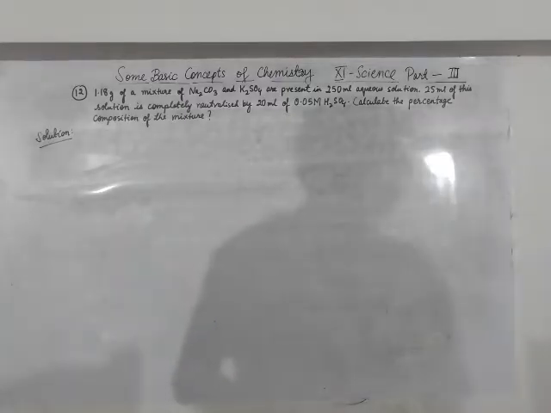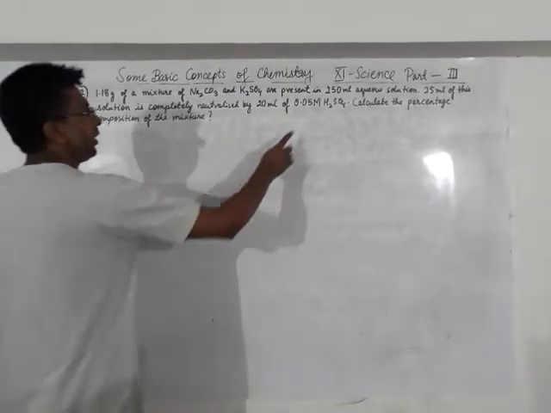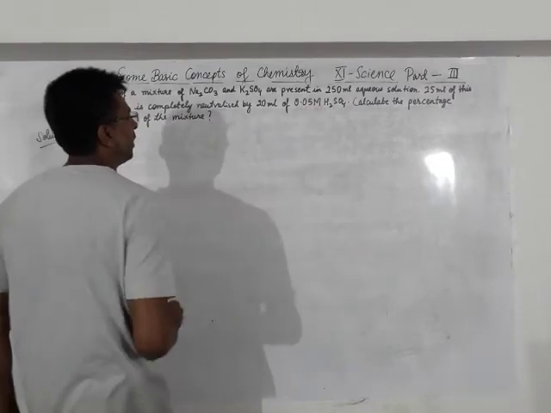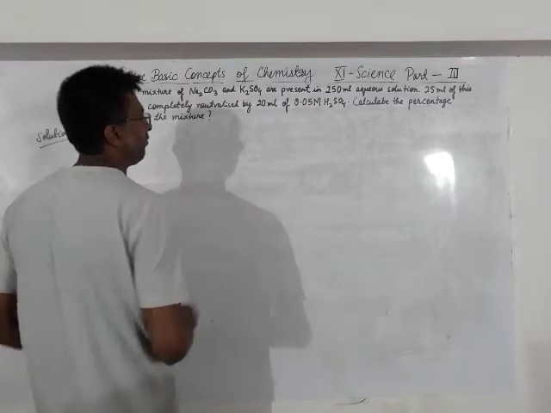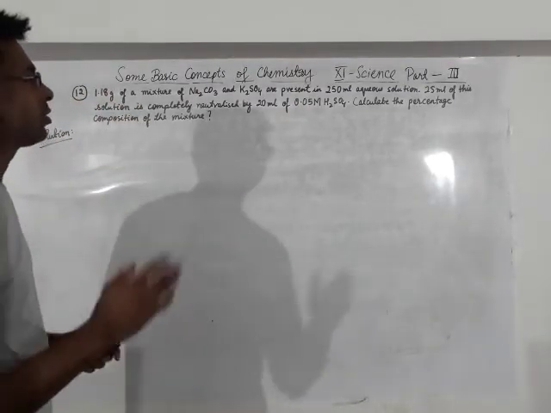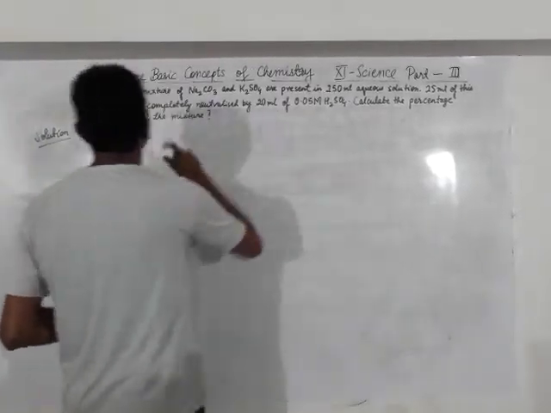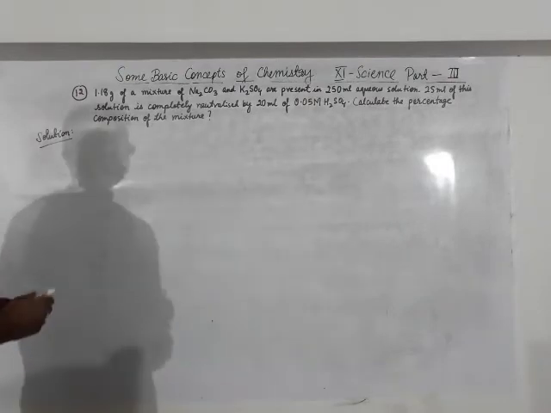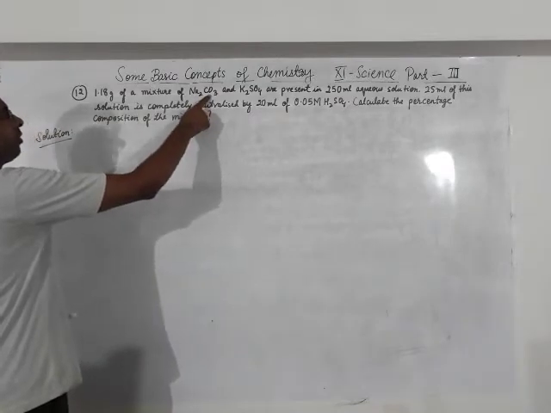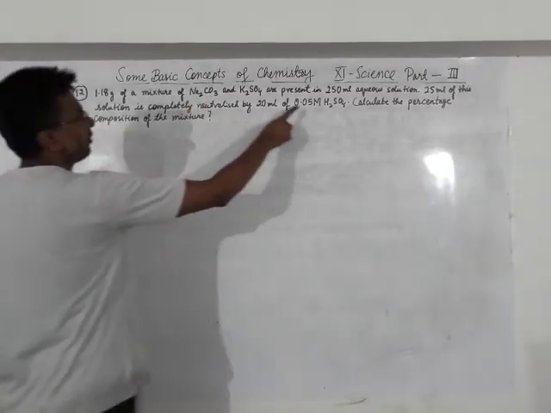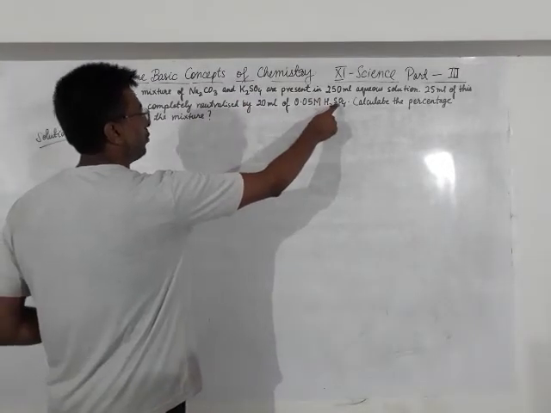Now if you look at the previous sum and this sum, in the previous sum there was a mention of the acid's normality, but here the sulfuric acid's strength is given in terms of molarity, 0.05 M. And moreover, they are not telling us to find the mass. One step further, they are telling us to calculate the percentage composition of the mixture. So please copy this question. For the working, please keep in mind the anion of sodium carbonate is different from the acid, but the anion of potassium sulfate is the same as the anion of the acid.